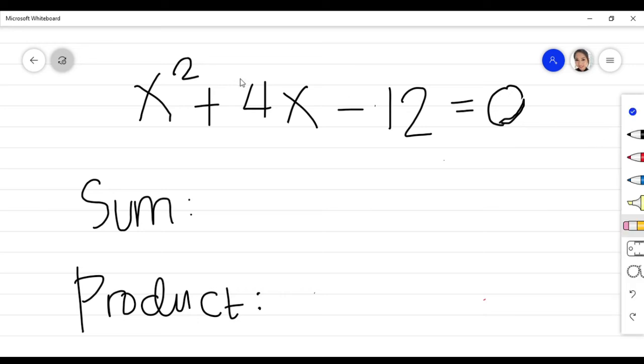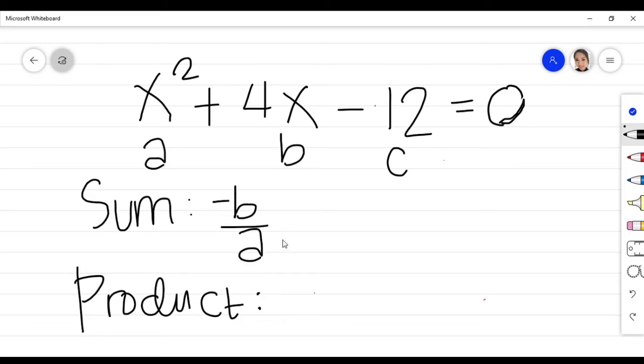So, for us to do that, the values of a, b, and c of the quadratic equation will help us determine the sum and the product of the roots. So sum is actually denoted by negative b over a. And the product of the roots is denoted by c over a. So let's find the sum and the product of the roots with the help of the values or the coefficients